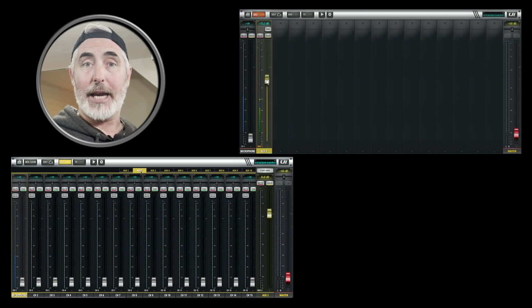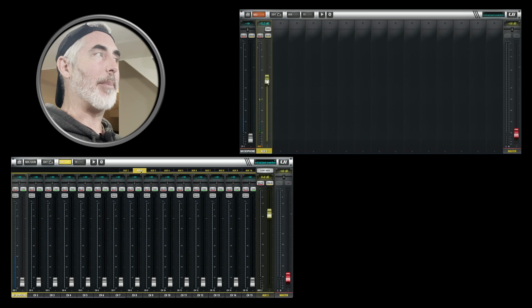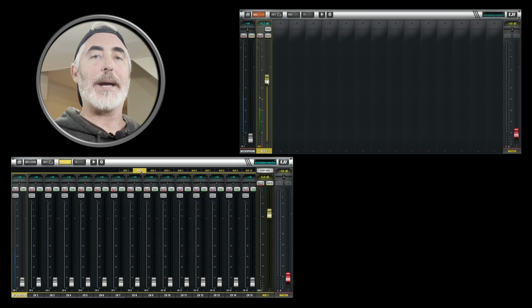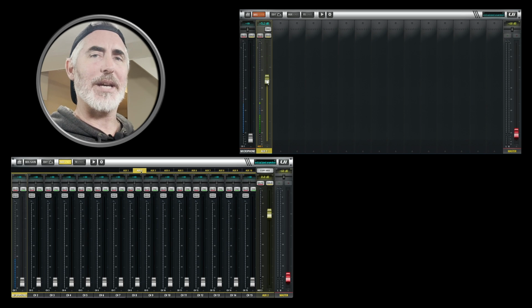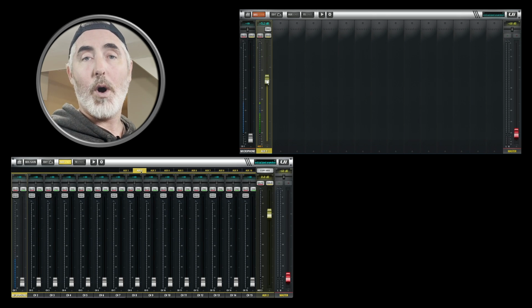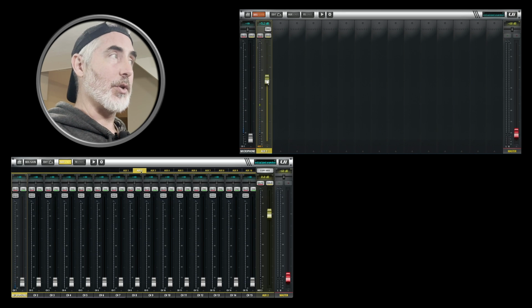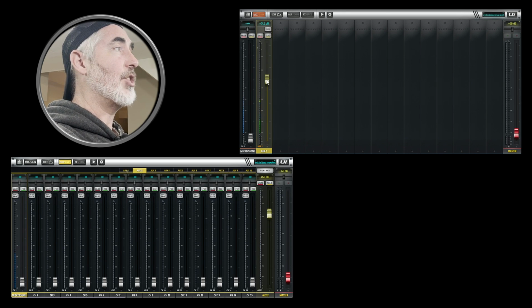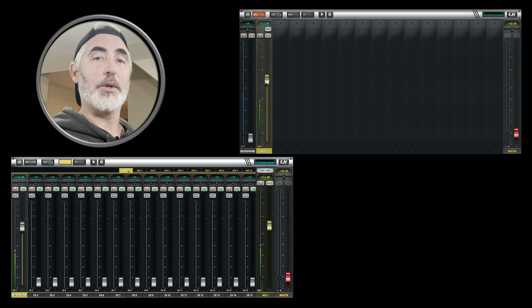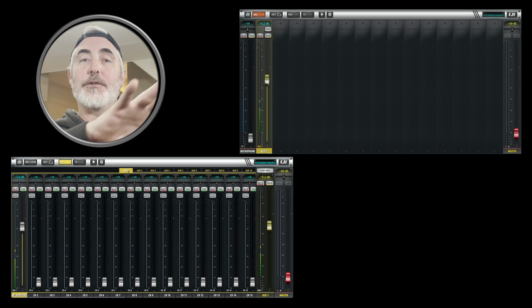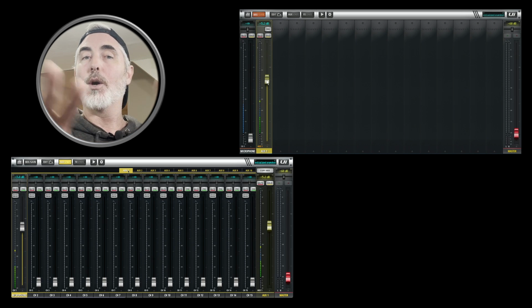They can be the same, you can make them match, but by default they are all independent of one another, which is great. That's what most people want. If you're setting up mixes for artists on stage, each performer is probably going to want their own mix. So that's how this works. Each aux destination takes its own mix of your available inputs, lets you manipulate it in whatever way you want,